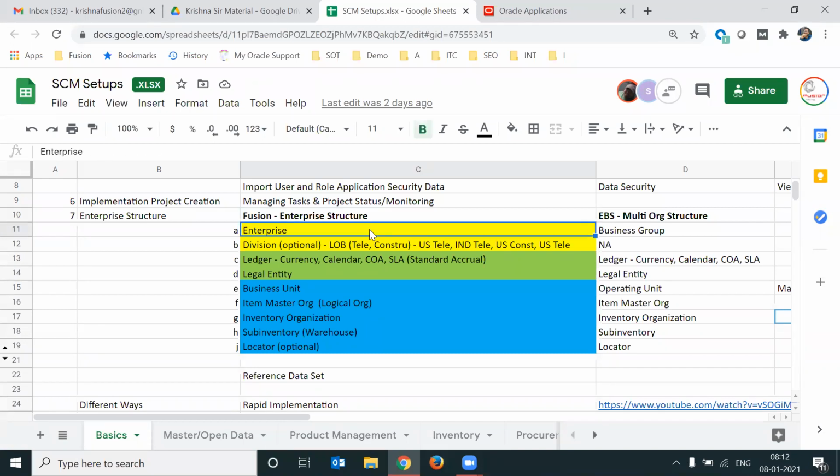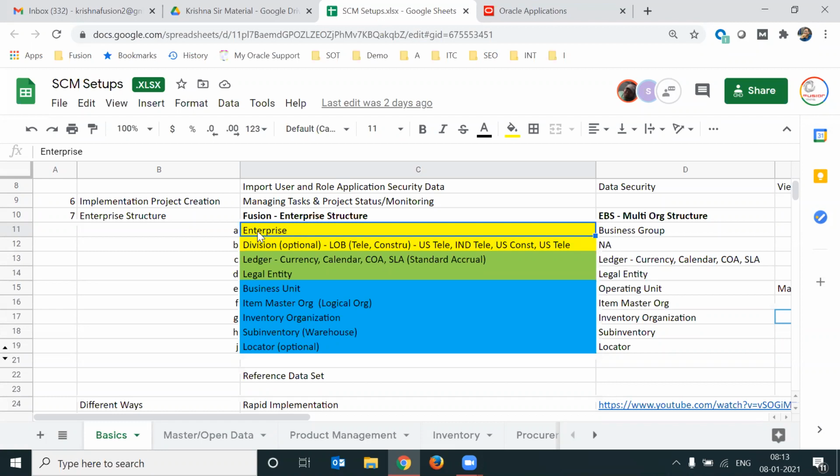And a well-known example, we'll take Reliance Corporation. Reliance Corporation is an enterprise, so enterprise is a top level entity. Under Reliance Corporation, there are Reliance Entertainment, Reliance Digital, Reliance Supermarkets. All those are the different lines of business that Reliance has. In a similar way, Tata also. So enterprise is an umbrella of the company, and it's a top level entity. Examples are Oracle Corporation, Reliance Corporation, or GE Corporation.